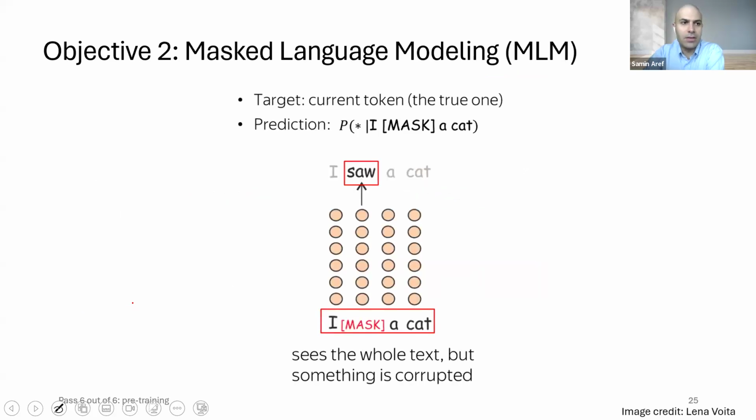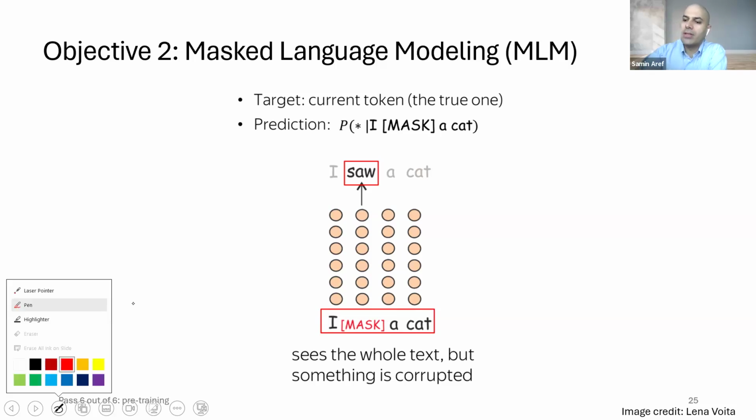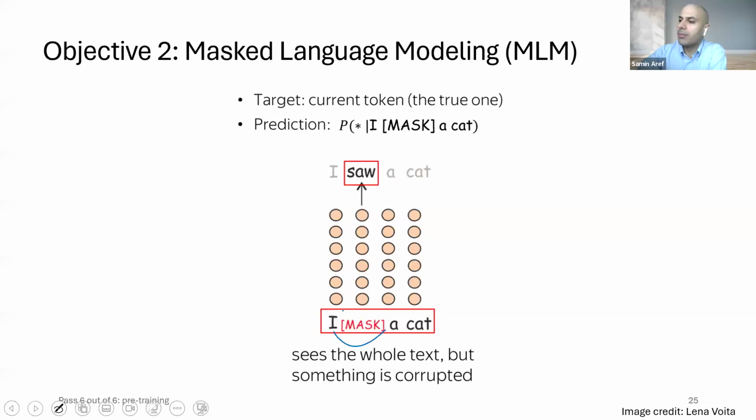So here is the second objective, the MLM objective. For the MLM objective, BERT is used to predict the masked word. As I said, something around 15% of the input tokens were masked. You can imagine that for the input "I [masked word] a cat", BERT is used to predict the most likely word that fills in the blank. And if it predicts a word like "saw" or another verb that makes sense,